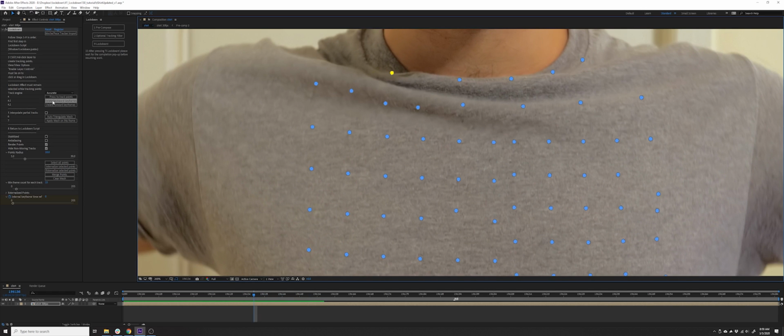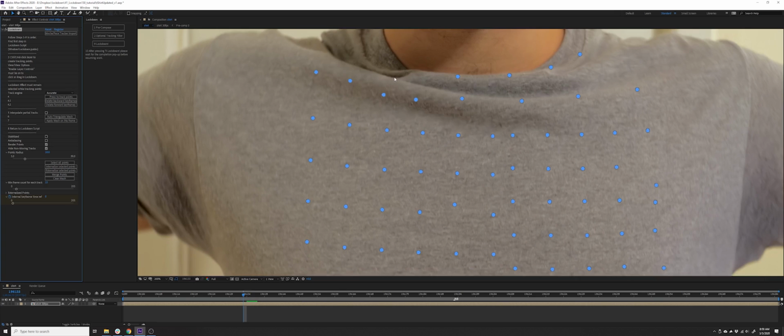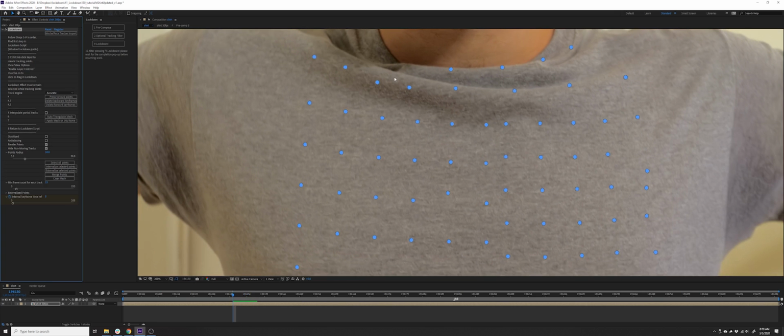We have these buttons, delete backwards keyframes and delete forward keyframes. So I'm going to say that it probably tracks better forward in the shot than it did backward. I'm going to delete backward keyframes. And now you'll notice as I scroll backwards, it's no longer rendering. That point is gone, and it's not contributing incorrectly to the mesh that's being created. The most important step is filtering out bad tracks because you can't really compensate for it once you've stabilized and